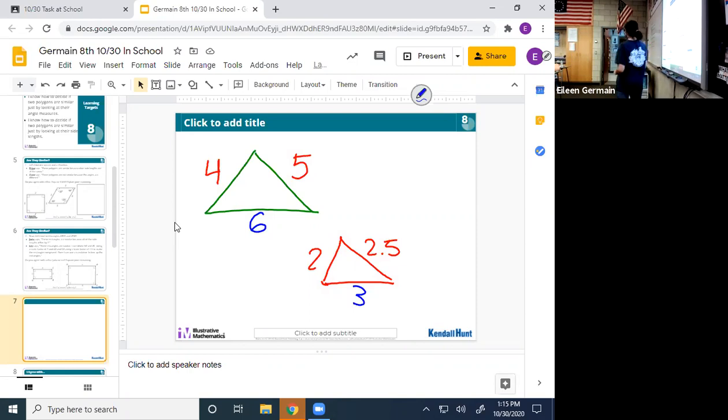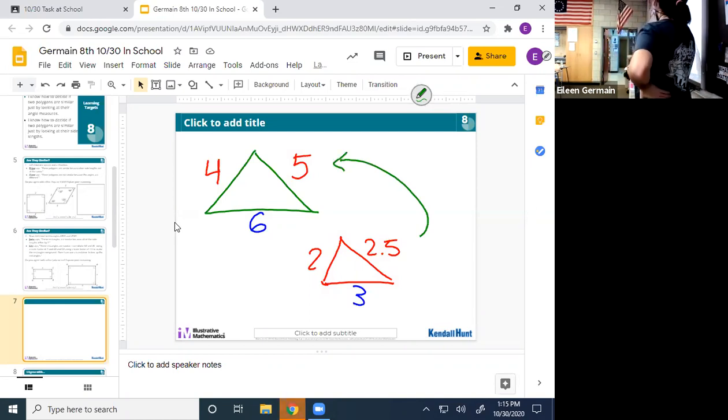Why do you think that they are similar? They look similar, but what do we have to test? We have to see if we can find a common, nice job, Avery, scale factor. So I need to say to myself, if I want to go from the small one to the big one, what do I have to multiply by? 2.5 times what gets me 5? Times how many times? Not 2.5 times, it's